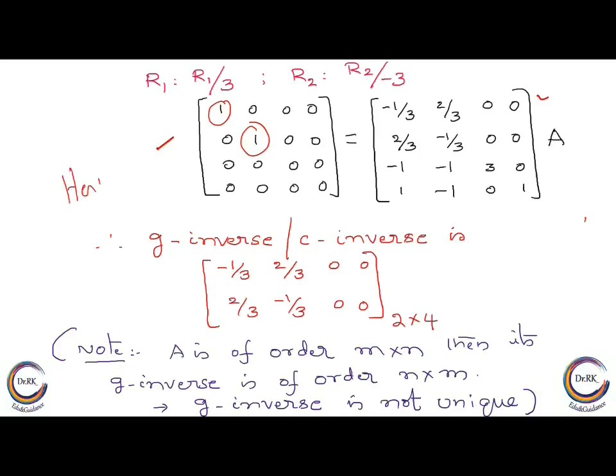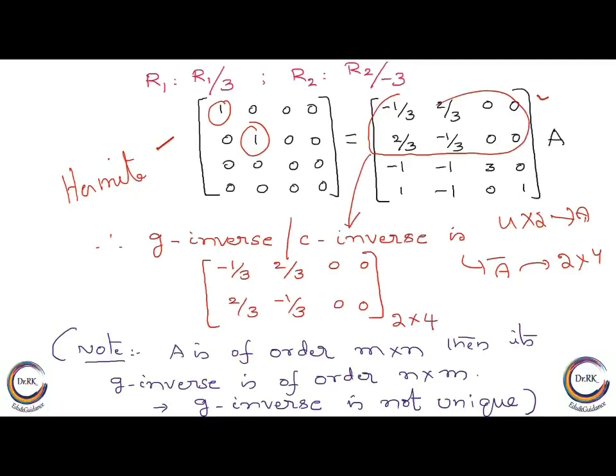So then immediately what we look for is that 4 by 2 is the order of the given matrix. So we have to look for C inverse, which is of order 2 by 4. Here we took this part. This is the one which we have taken. It need not be this one; you can select any part of this matrix which is of order 2 by 4. That gives the C inverse or G inverse, right? Again I am repeating, if A is of order m by n, then G inverse or C inverse is of order n by m, and it need not be unique.